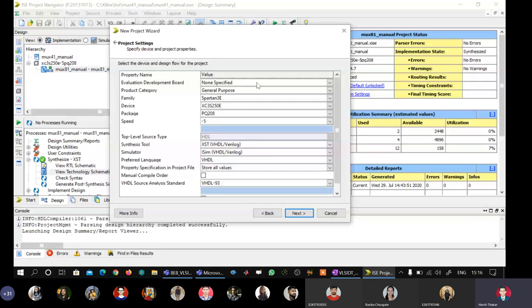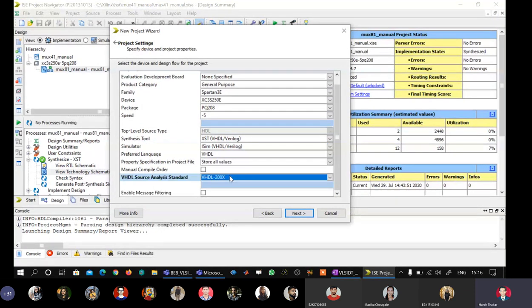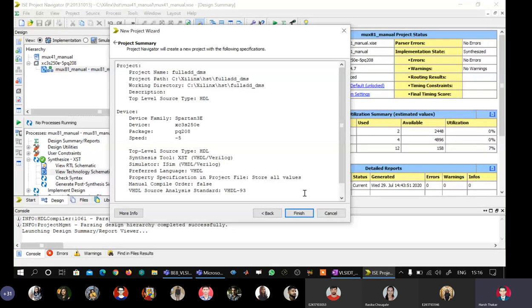Next, evaluation development board none specified, product category general purpose, family Spartan 3E, device 250E, package PQ208, speed -5. Synthesis tool, no option. Simulator, ISIM, language, VHDL, go down, and source standard 93. I will say next and say finish.